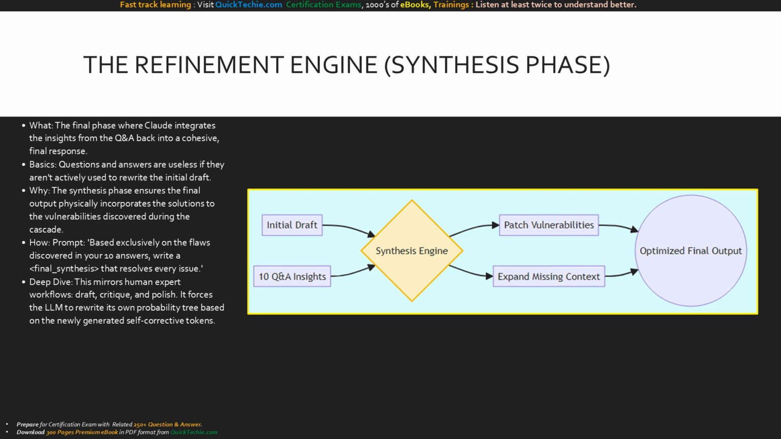The what here is the active integration of those insights back into a cohesive final response. Why is this so vital? Because the synthesis phase ensures the final output is physically altered to patch the vulnerabilities discovered during the interrogation. How do you trigger this? You use the prompt: "Based exclusively on the flaws discovered in your 10 answers, write a final synthesis that resolves